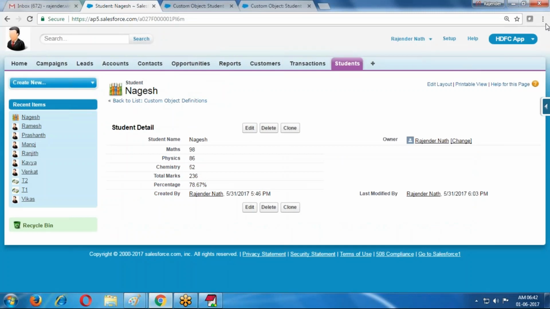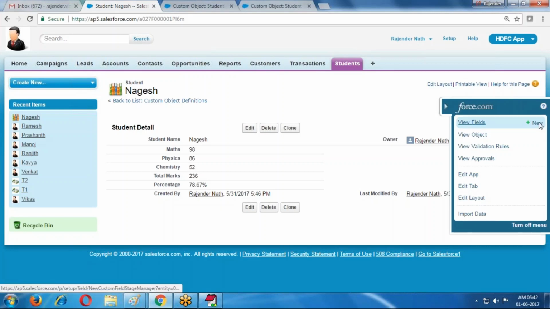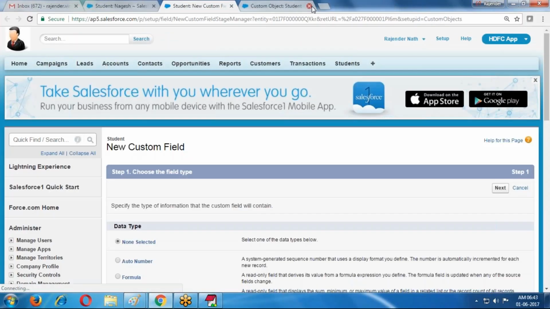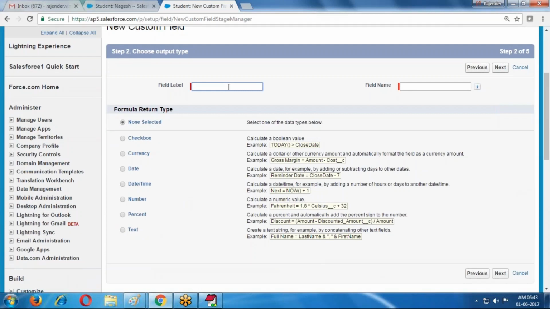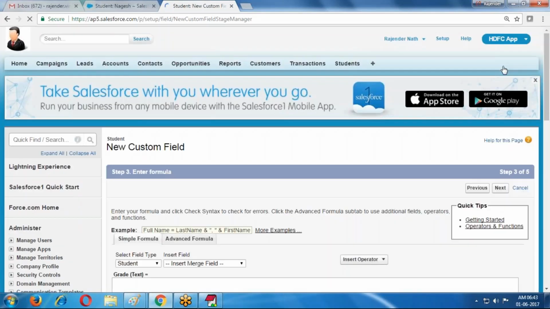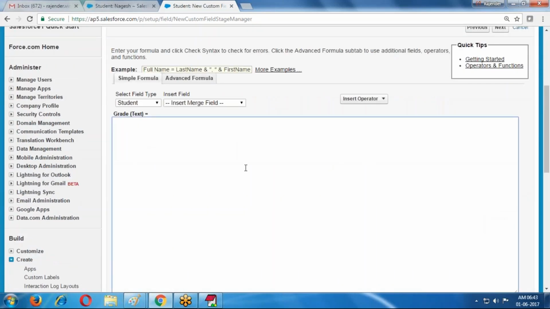Here, go to formulas. I am creating a new formula and applying the logic. Grade is required. The output is a text type, because first class, second class, third class are nothing but text format. Now we need an advanced formula.